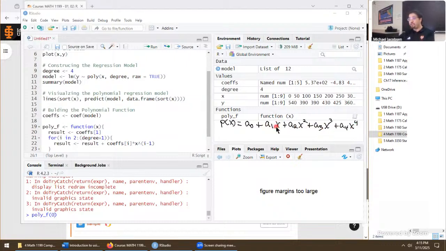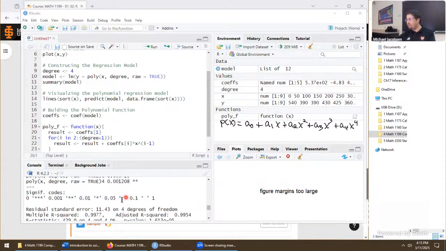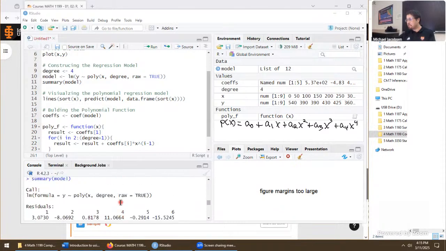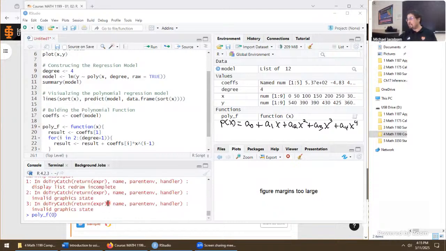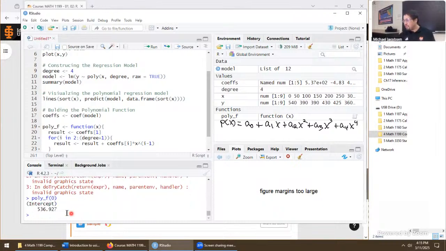It's not the most perfect check, but it's a good one, because p at 0 should be a naught, which is the constant term. What happened here? Constant term, which was 326.111. So let's try this out. polyf at 0, 536.927. That was not what I was expecting.